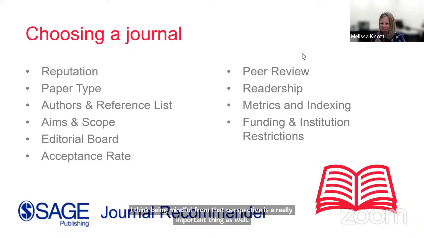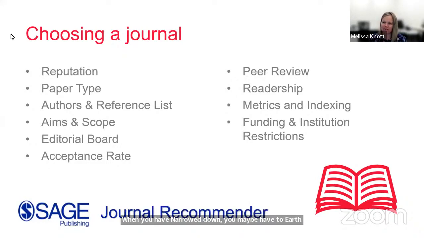And I just have one more comment to add. When you have narrowed down, maybe you have 2 or 3 journals in mind and you're saying, these all seem appropriate, within scope, doable, they're within my field, also consider the author guidelines at that point in terms of verifying, do they accept this type of research? So say, are you doing a systematic literature review versus primary research, qualitative or mixed methods, do they accept those pieces?